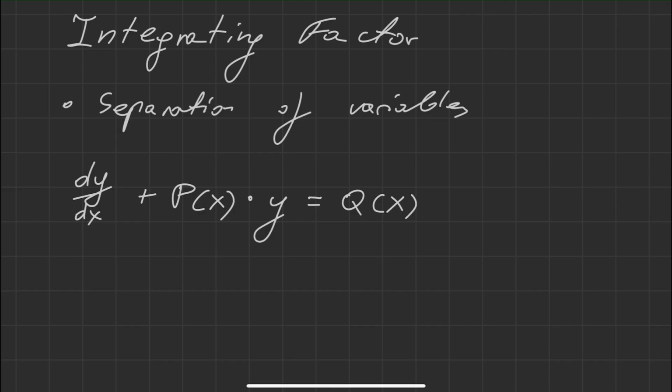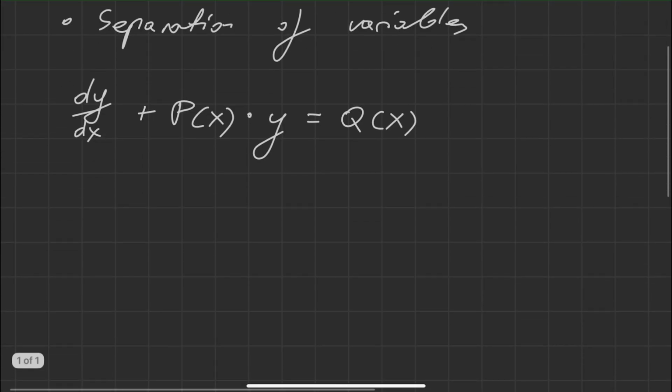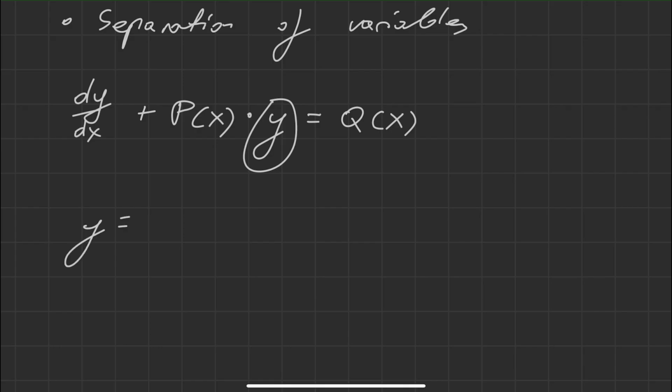Now, you may try to separate the variables. I will leave it as a task to you, but what will be shown is that it is actually impossible for us to nicely separate the variables just to isolate the x terms and the y terms. Now, you may also ask, hey, there's a y. We have always defined y as some kind of f of x. Sure, but from now on, try to think of y more as just the dependent variable